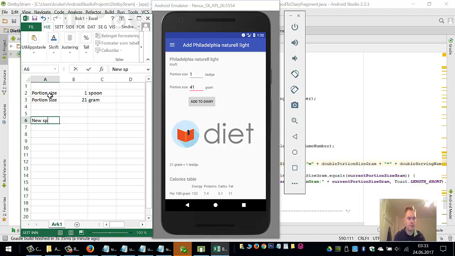So new size in spoon. It has to equal, we take new portion size in gram. So let's write 41 here. Then the new portion size in spoon has to be 41 times